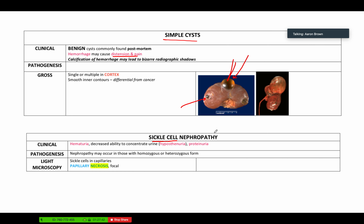Patients with sickle cell can have damage to their kidneys as well. They're going to present with hematuria, blood in their urine, and a decreased ability to concentrate their urine. They should have a very dilute urine. And again, we said sickle cell nephropathy is associated with papillary necrosis. It's important to know the things that cause papillary necrosis. The other one we said was